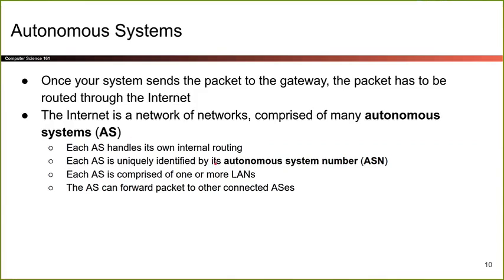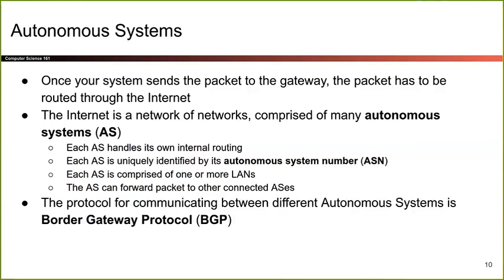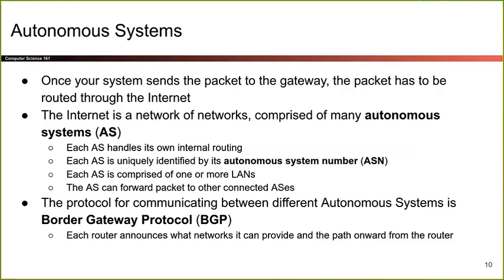Again, every autonomous system can have one local network or multiple local networks. And if I want, because they're all connected up with routers, I can forward a packet from one autonomous system to another. This is the same thing as before, but we're taking a bit of a company or business view as opposed to just a network view. The protocol here, if I'm trying to communicate between different local networks or different systems, is called BGP, or Border Gateway Protocol. Basically, this is just a way for us to route a packet closer to the destination until it finally gets there. This is the thing we were talking about earlier, where if I don't know where the packet is, I can at least get it closer to its final destination.